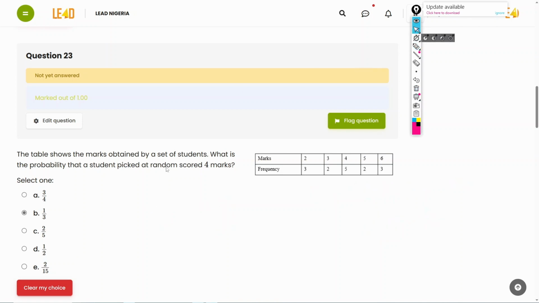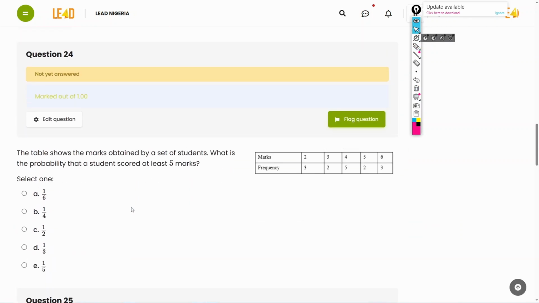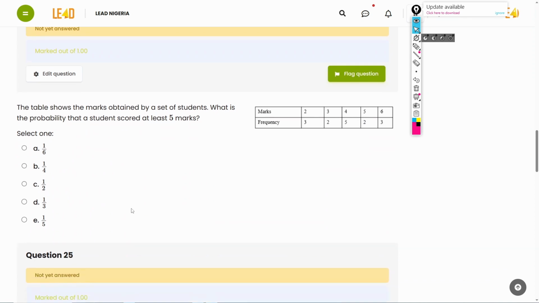All right, so 1 out of 3, that's 23, 24. The table shows the marks obtained by a set of students. What is the probability that a student scored at least 5 marks? Okay, so I'm going to try to go through this, but I would advise you to please just skip back a bit and then watch question 23, because I said some things extra that I would not repeat here again. All right, so we have